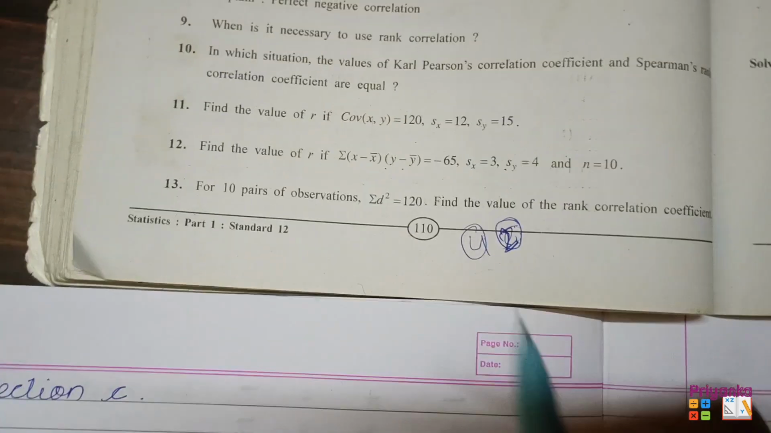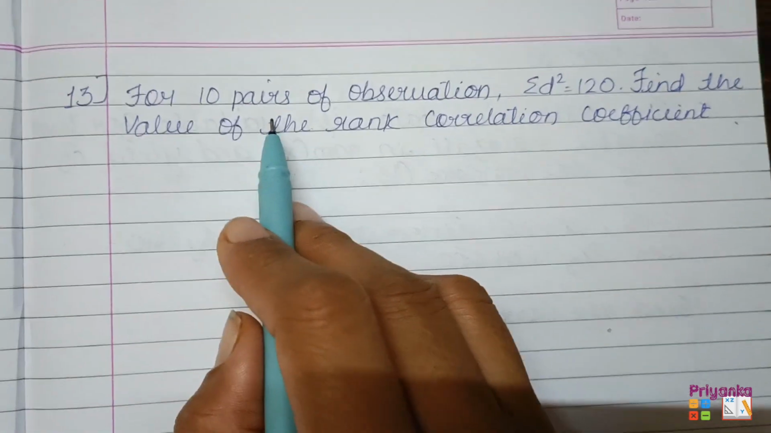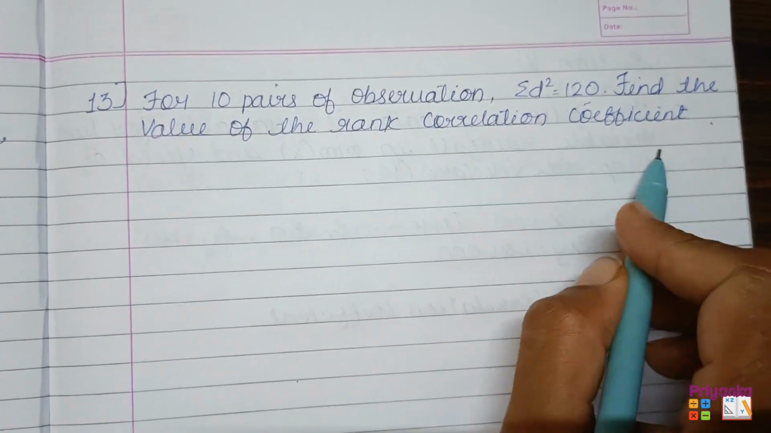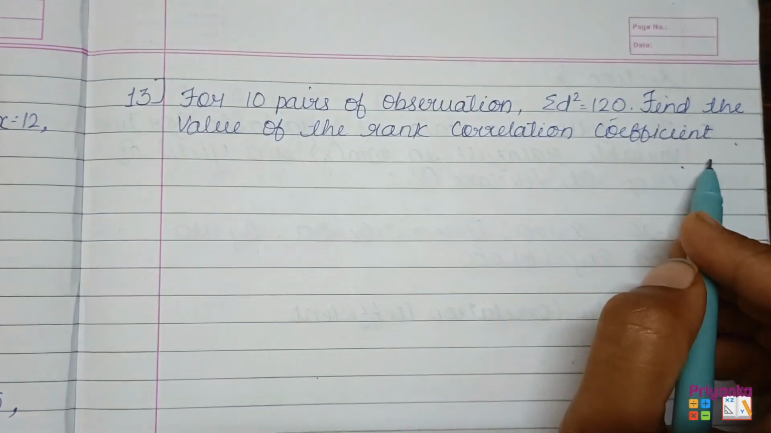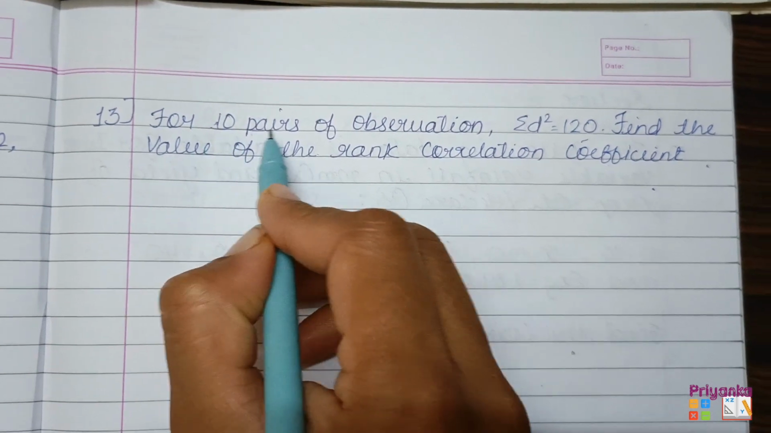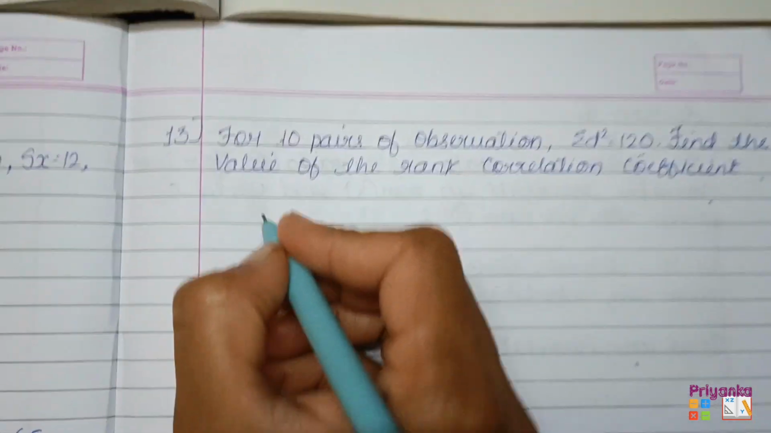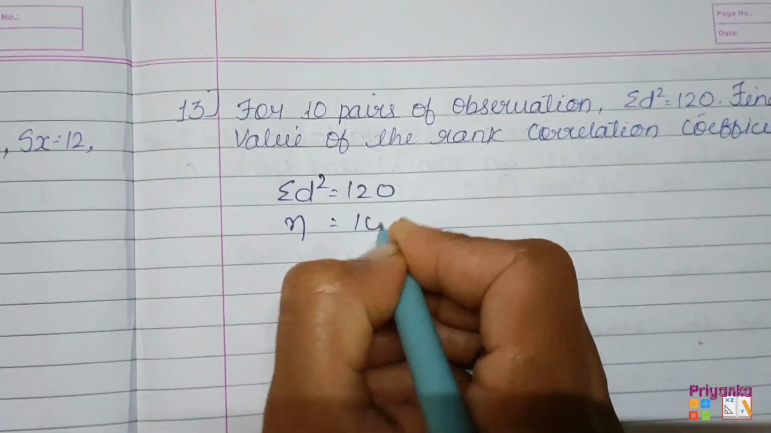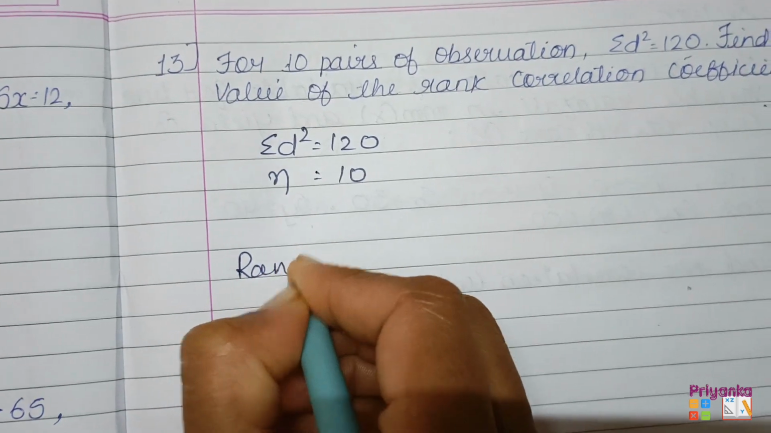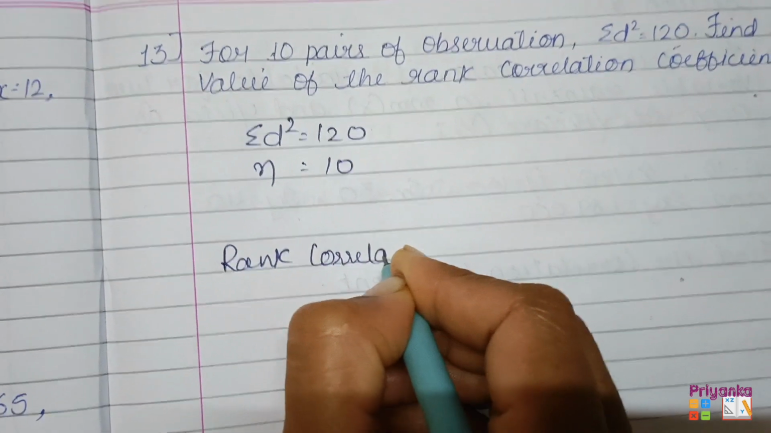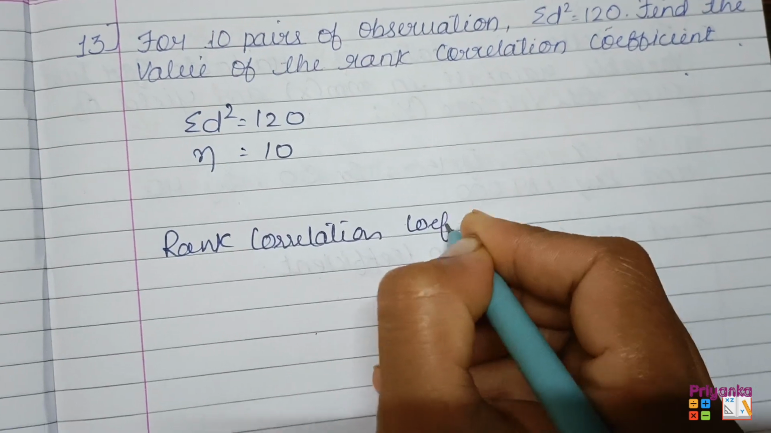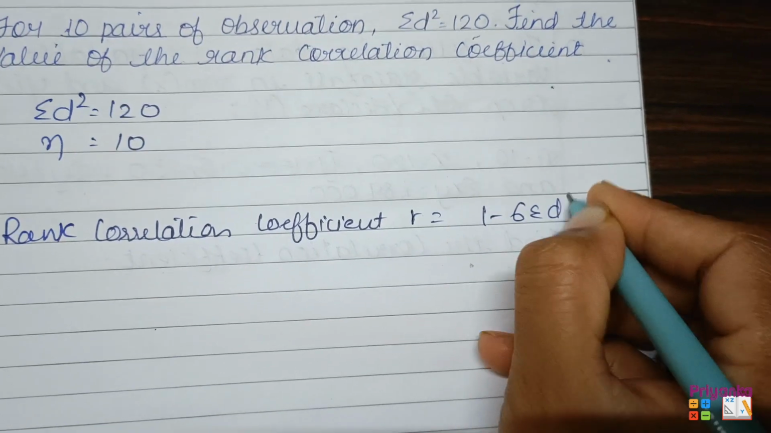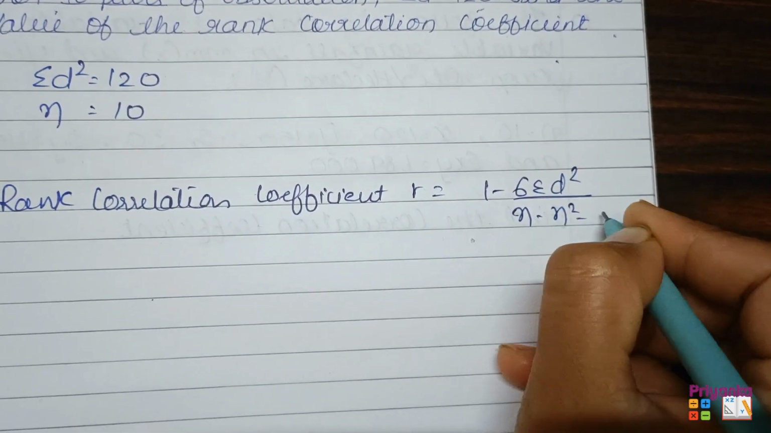Next, question number 13. For 10 pairs of observations, sigma d square is equal to 120. Find the value of the rank correlation coefficient. Where it is written 10 pairs of observations, it means they have given n. So here we have sigma d square 120 and n is equal to 10. The rank correlation coefficient formula is 1 minus 6 sigma d square upon n into n square